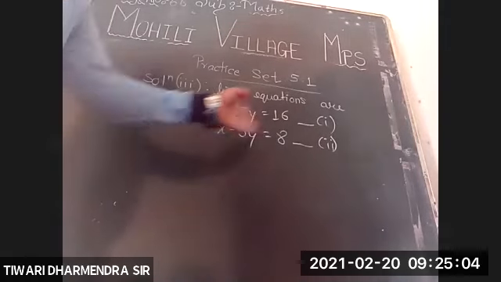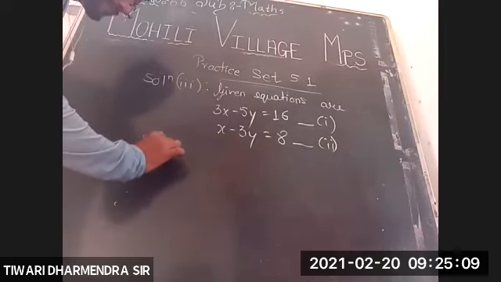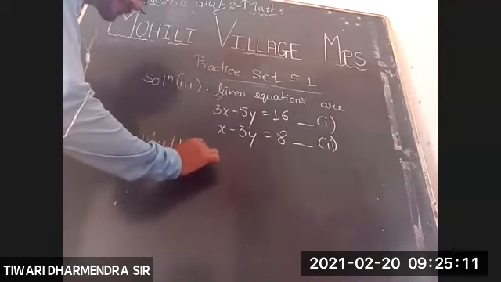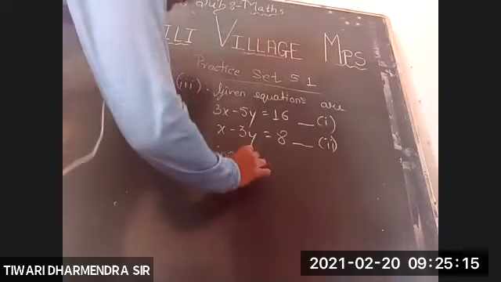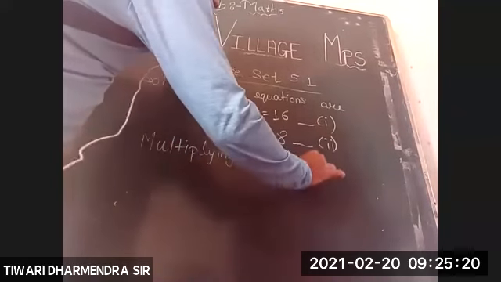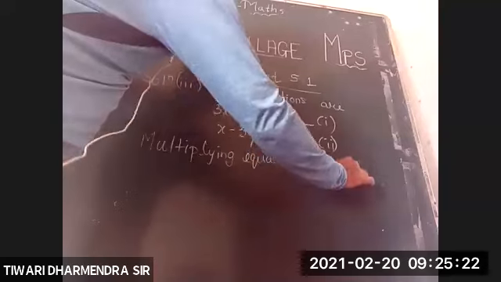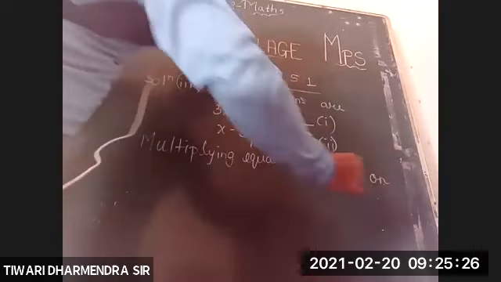We will multiply by 3. Multiplying equation 2 by 3 on both sides,